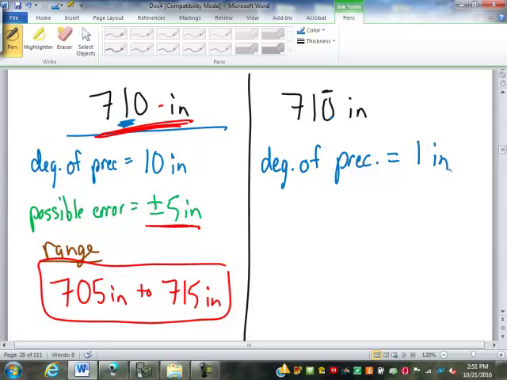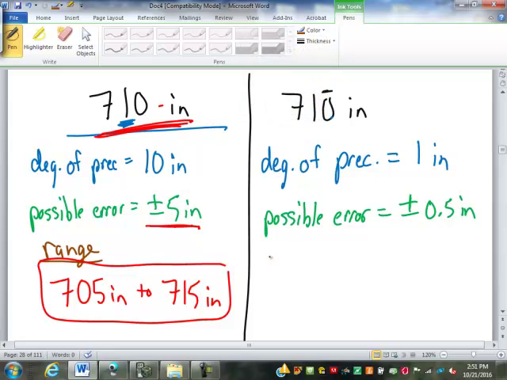So it's a degree of precision to the nearest 1 inch, which is implying a possible error of plus or minus, what's half of 1? Half of 1 is 1/2, right, or 0.5? So plus or minus 0.5 inches,